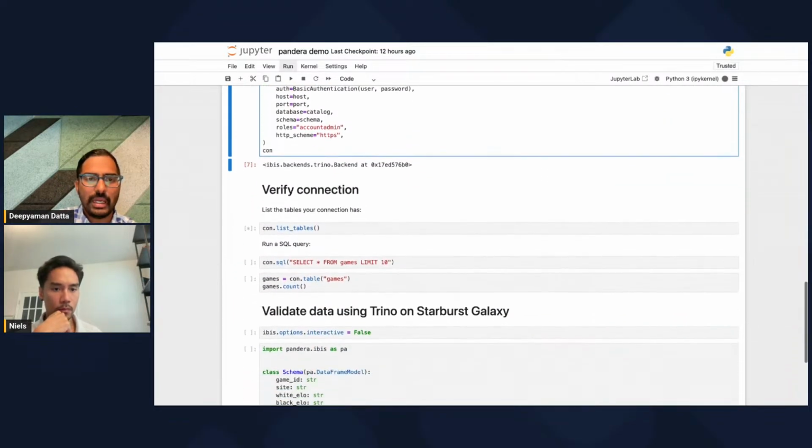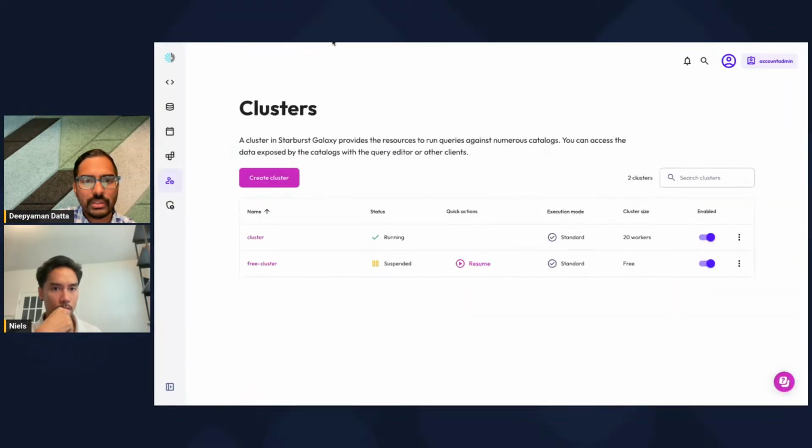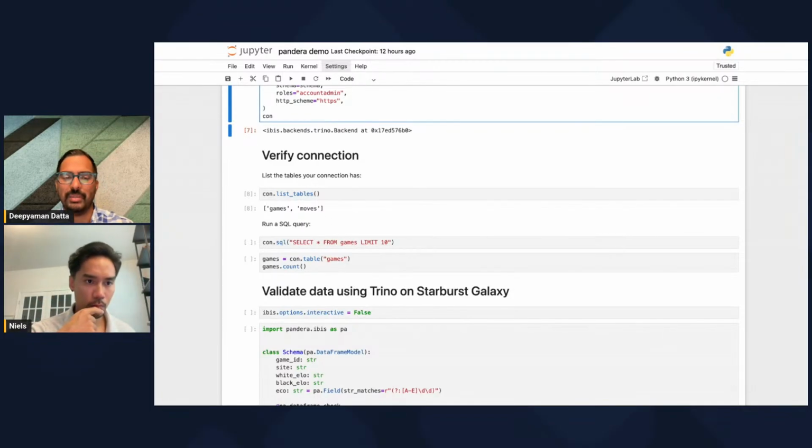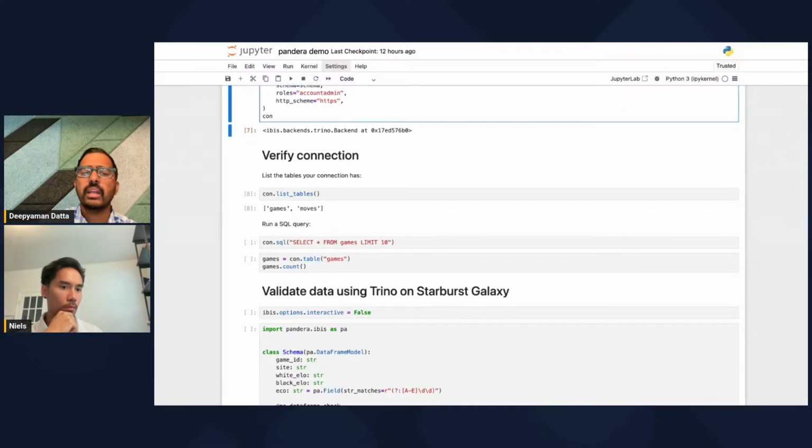Yeah, so I think our cluster is probably still, okay, now I think it just started running. If we look over here, okay, it listed a couple of tables. We have the games table and the moves table. This data lives in S3. I think compressed, it's maybe 25-ish gigabytes of data. Uncompressed, it's much larger. I think it's at least 12 times larger, I forget.